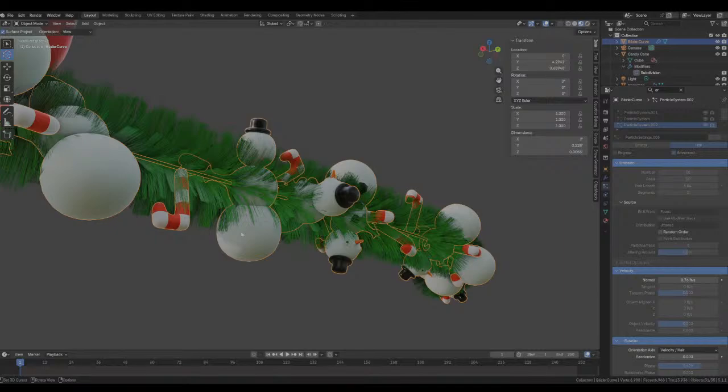So what I would say is, as soon as you have made your model and you know exactly what you're doing with it, it is important to mark your seams and UV unwrap everything right when you get the opportunity to. Because I don't do that a lot of times, and then I end up messing up. A lot of the time, it's because of the UV, which can be a pain in the ass.